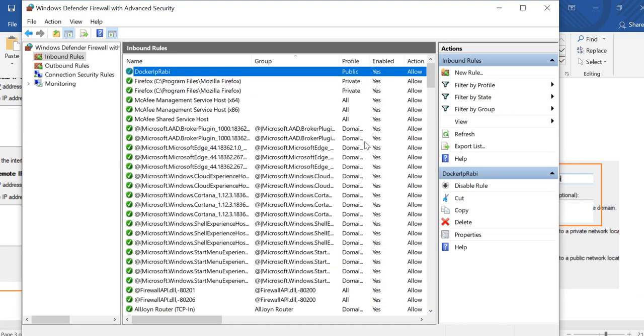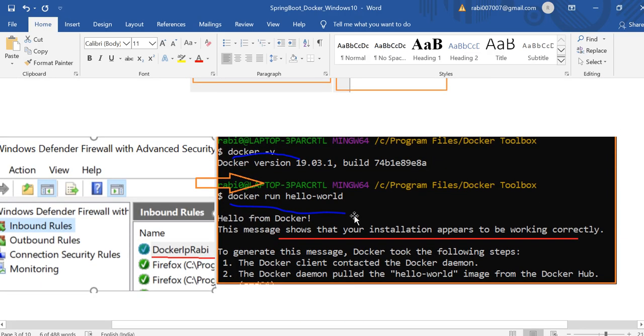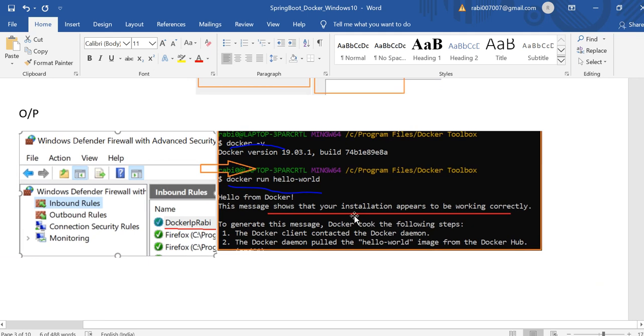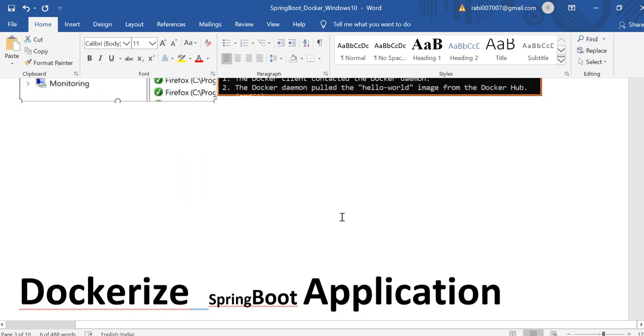You will see that I have made that inbound rule. So this rule you need to set up. Once this rule has been set up, just run docker run hello-world. It will run, and you will get the message showing that your installation appears to be working correctly.